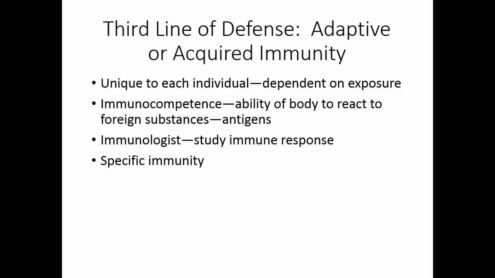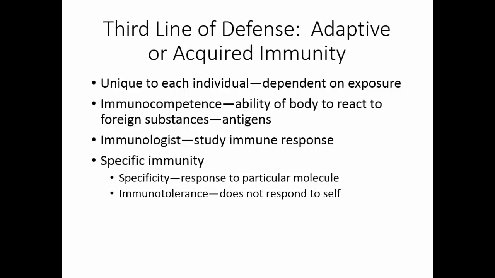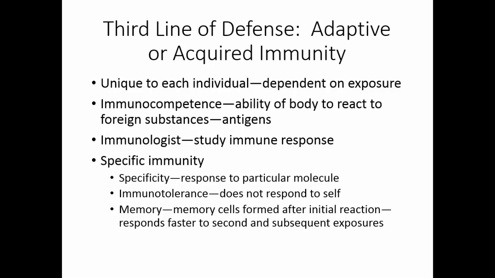Specific immunity shows three components. First of all, it is specific. Instead of going after just anything, it responds to a particular molecule. Second of all, we show immunotolerance. That is, the body will respond to foreign molecules, but not any molecules that are part of the self proteins. And thirdly, it has memory. Every encounter leads to the production of memory cells. After the initial reaction, you always have memory cells left. This means that the second and subsequent time you run into the same antigen, you have a much faster and